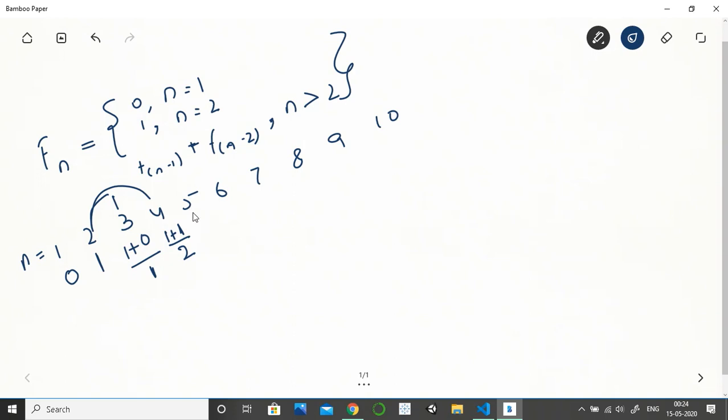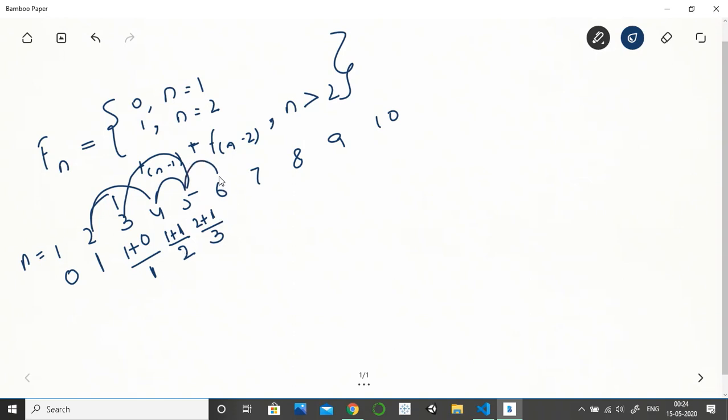Let's calculate it for 5. For 5, we will pick the value of 4, 5 minus 1, which is 2, plus the value of 5 minus 2, which is 3. Then we have 3 here. Now let's do it for 6.